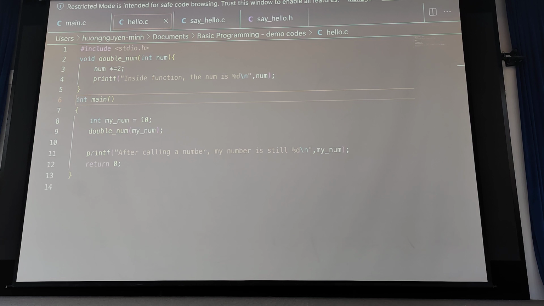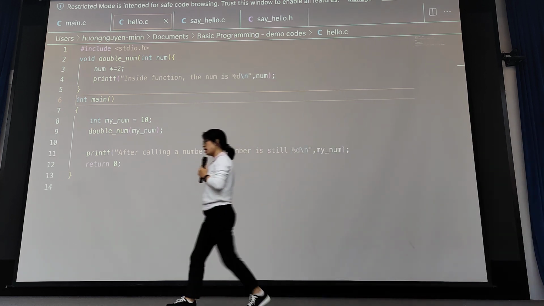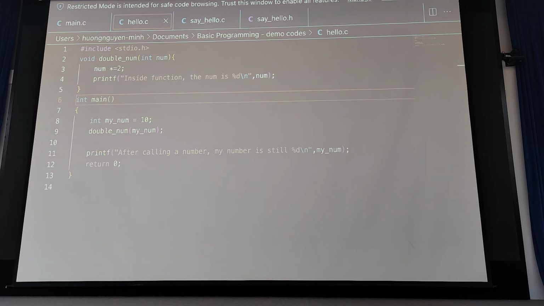Can you tell me the name of the function and what does it do? The function is double num.